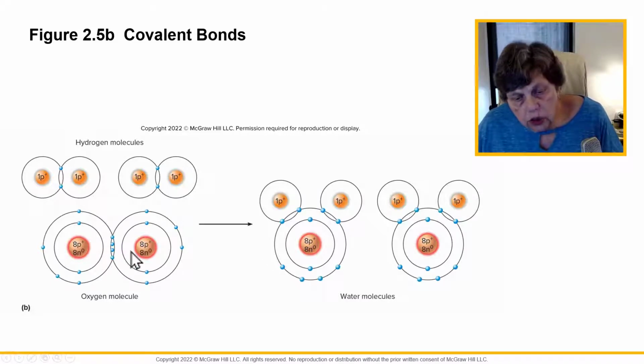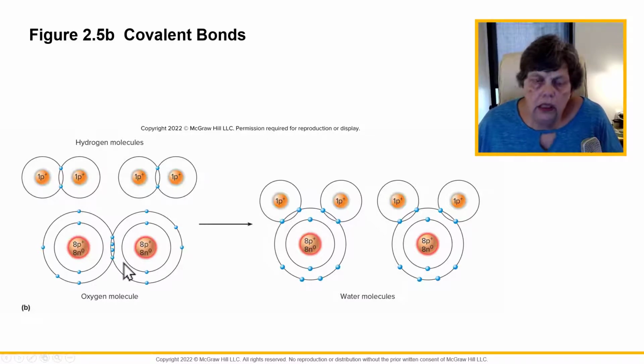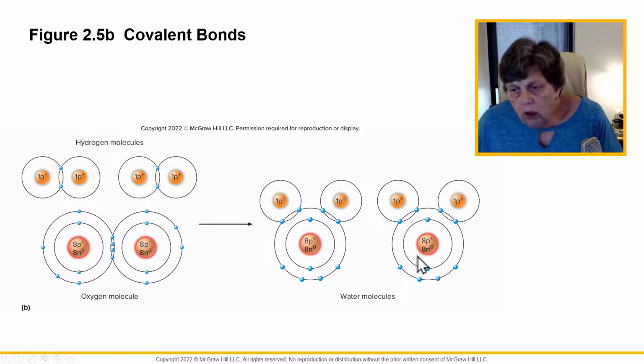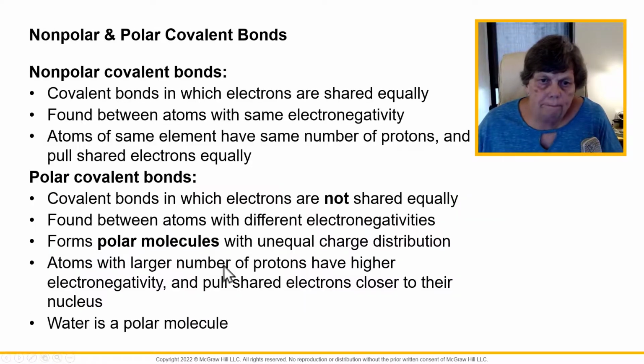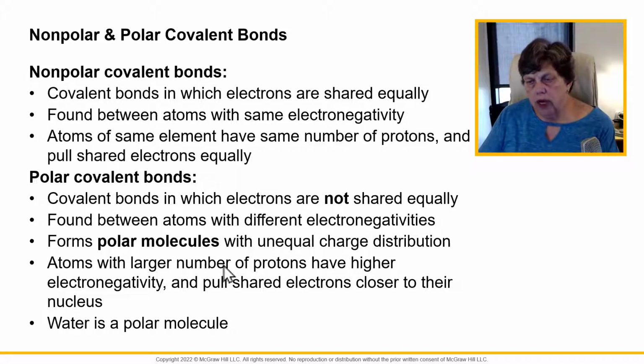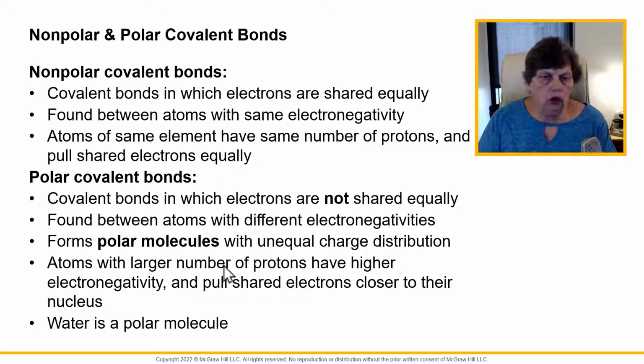So you can take two oxygen molecules, let them share together in a covalent bond, and they're happy. You can actually now bring in two hydrogen atoms and make water molecules, because again, oxygen wants to fill its shell, and hydrogen with these two can fill it. Okay. All right, when we have a covalent bond, we can have what's called nonpolar covalent bonds and polar covalent